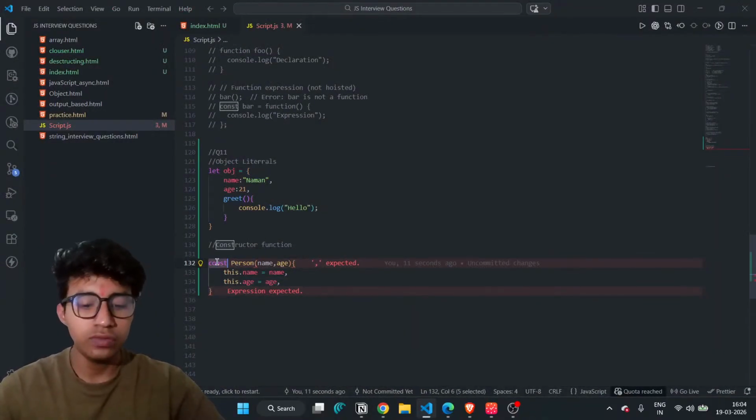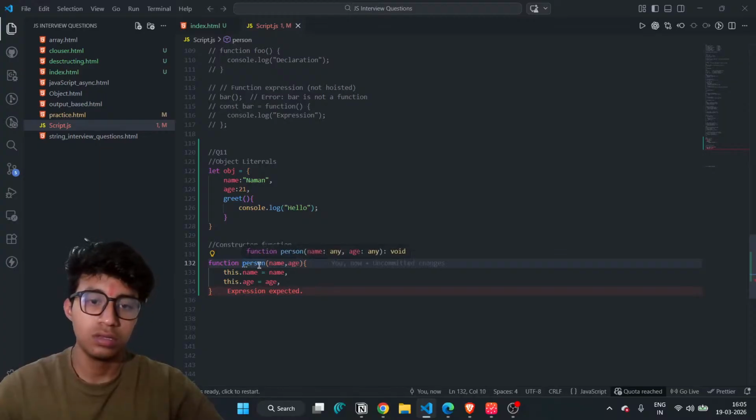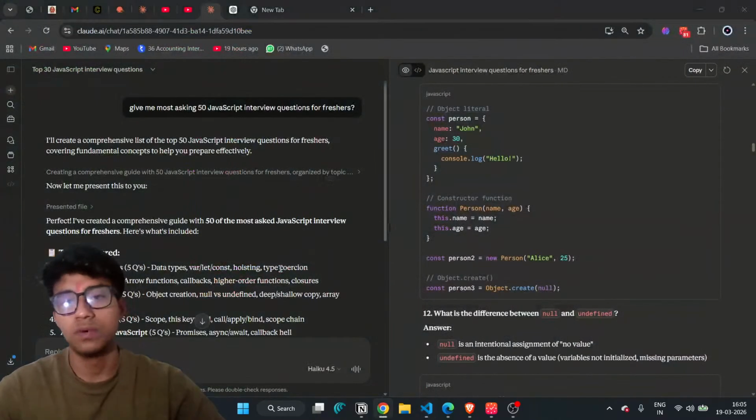Okay, it will not be an arrow function, so we have to write the function keyword. And now person.